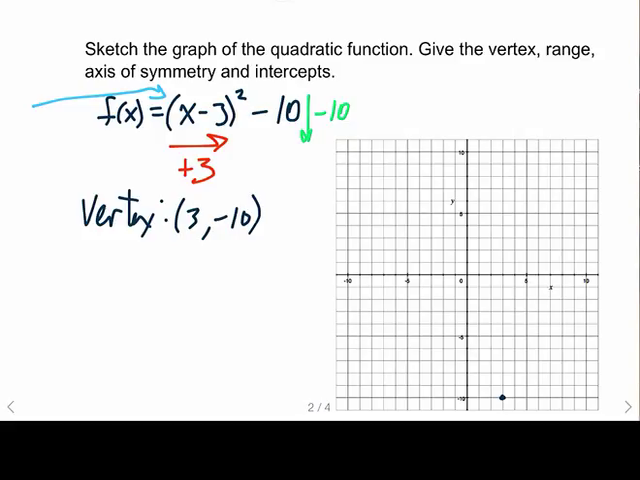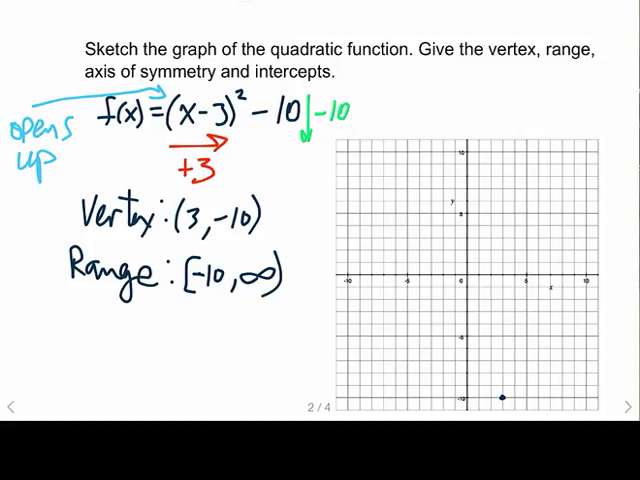Now let's talk about the range. Because this thing opens up and has a vertex at (3, -10), I know that the range is going to be from negative 10 to infinity. That is, the lowest value that this parabola takes on is negative 10, and then it grows up infinitely high. The axis of symmetry is probably more easily considered once we graph the thing. So let's move on to the